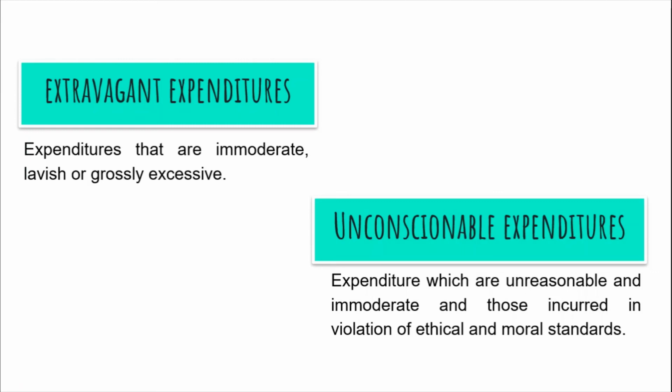Ayan. Or granting unreasonable retirement benefits o yung tinatawag nilang pabaon. So, you can check about this irregular, unnecessary, excessive, extravagant, and unconscionable expenditures in the COA Circular Number 2012-003. So, moving on,